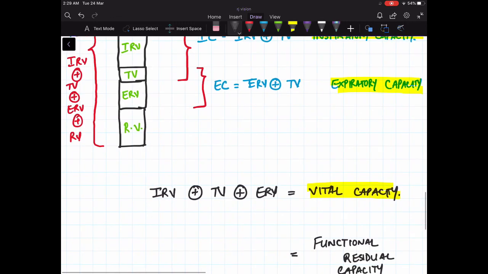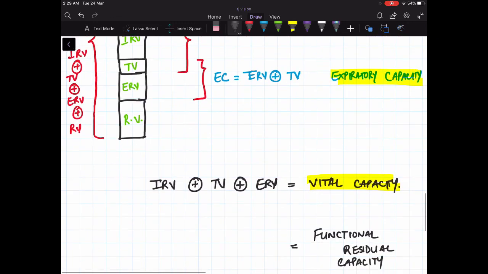Capacity means volume. The amount of volume that we contained is capacity. Residual means what is left over, what remains, what is reserved. And functional means normal functioning. During normal functioning, the amount of volume that remains in the lung as a residue is known as